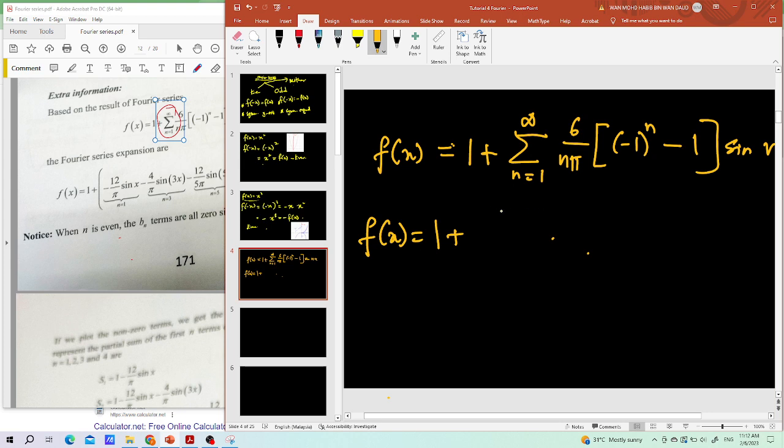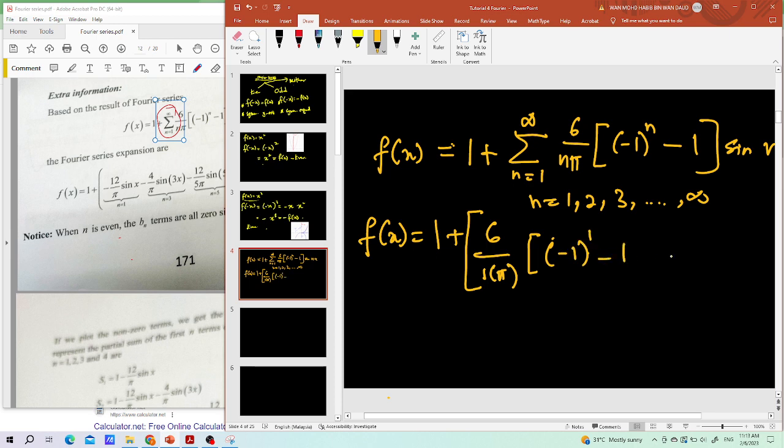Here we start with n, and we know that n starts from integers. We use only integers from 1 until infinity, very big numbers. So what should we have? We put 1 for n here, so 6 over 1 pi, open bracket,